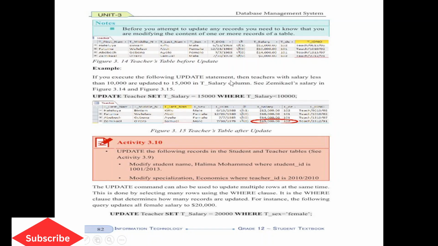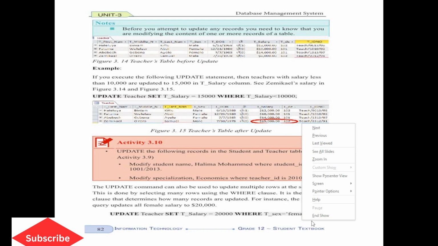The criteria we use is WHERE the teacher salary is less than 10,000. If the teacher salary is less than 10,000, change it into 15,000. It's better to see this with the command here.